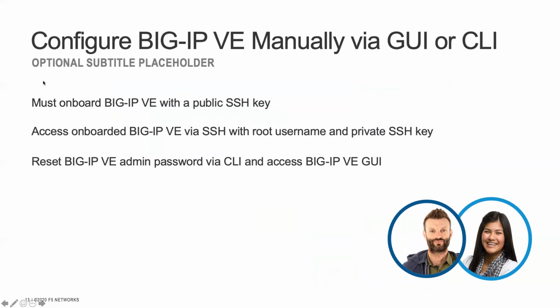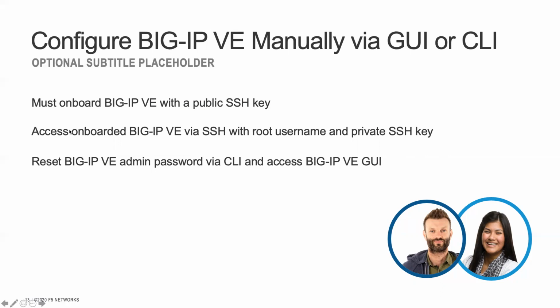So the previous pages introduced the automated configuration deploy path. And if some of the tenant users choose the manual path, that will be fine. But if you choose the manual path, you must onboard the BigIP VE device with your SSH key, because OpenStack is a multi-tenancy cloud, so in that environment, every BigIP device should not have a default admin key, so in the device onboarding process, the default BigIP admin key will be replaced by us, so that the user may not use the default passcode to log in to the BigIP web GUI,